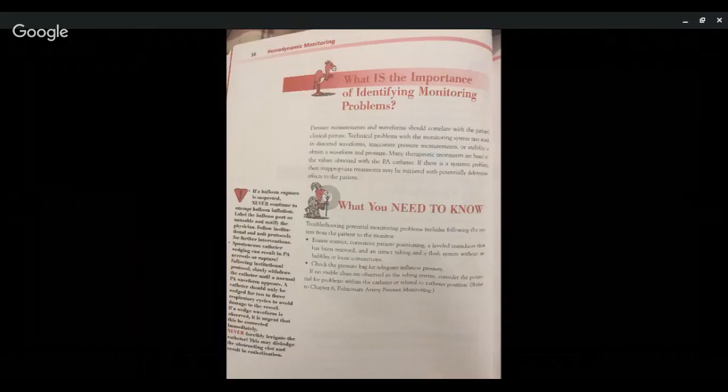Many therapeutic treatments are based on the values obtained with the PA catheter. If there is a systemic problem, then inappropriate treatments may be initiated with potential deleterious effects to the patient. You need to know troubleshooting. Troubleshooting potential monitoring problems